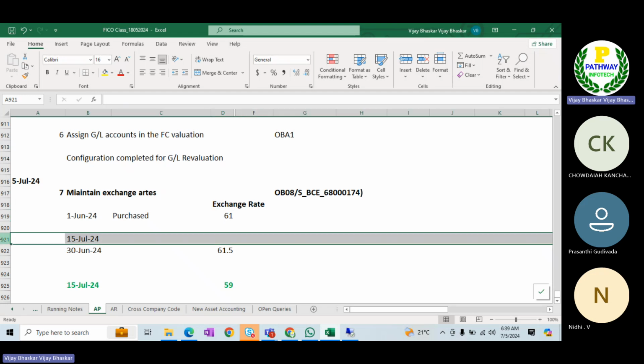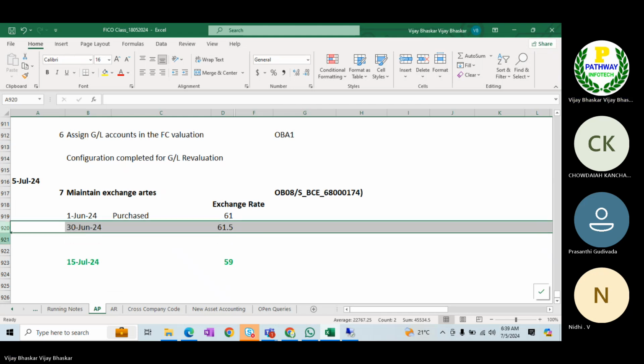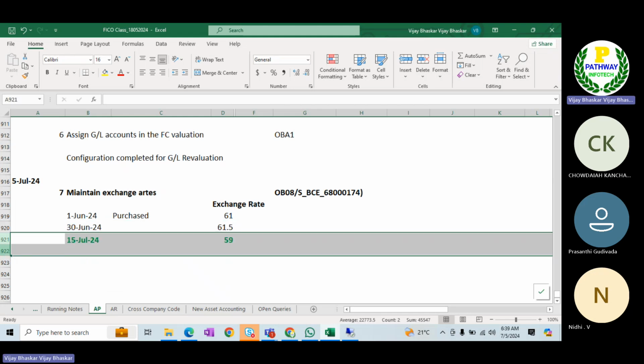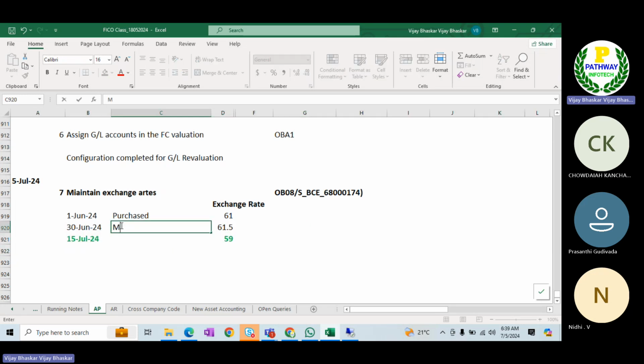Now remember the due date. I'll put it here. This is the month end. The month end exchange rate is 61.50.